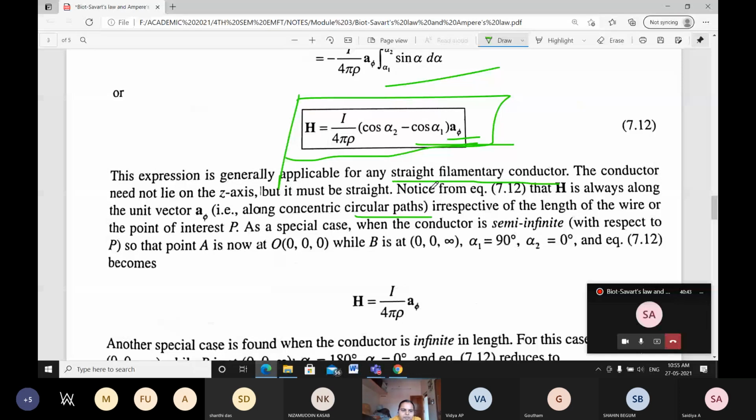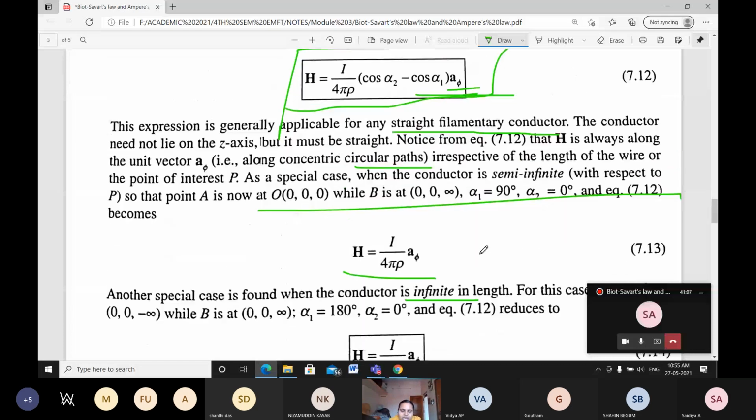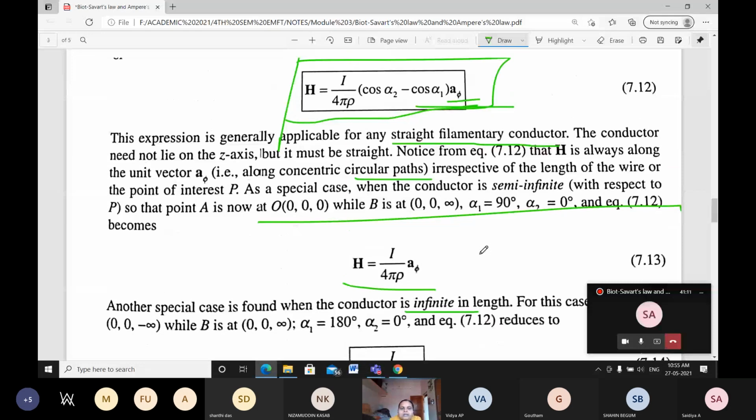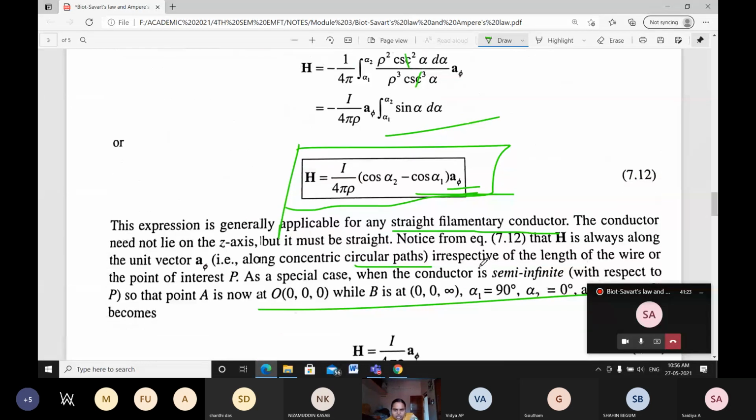That's the equation. Just remember these, as they will help while solving problems. Another special case is infinite length. In some questions they ask to write the expression for magnetic field intensity for semi-infinite or infinite length straight line conductors. The question is somewhat extended, instead of directly asking about Biot-Savart's law. They take one part, the straight line, and ask how the magnetic field intensity will be. Then you have to go with the same Biot-Savart's law only.